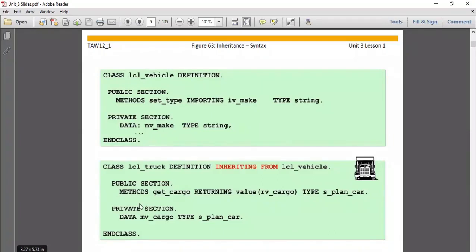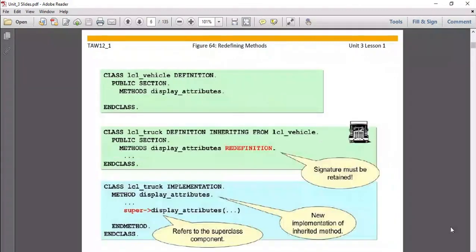Now come to the next topic. You can see how we can redefine the methods that we have already defined in the base class. This is our class lcl_vehicle definition. This is our public section and these are our methods, and this is the method of our base class, display_attributes. Now suppose you want to modify this display_attributes method of the base class in the derived class.